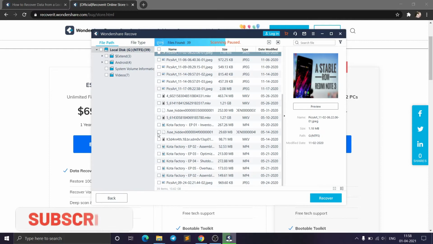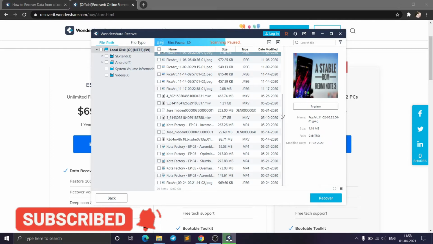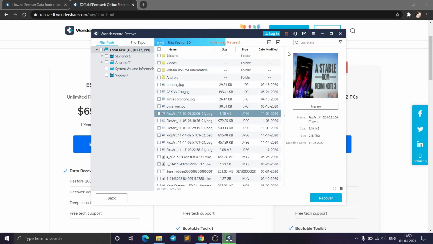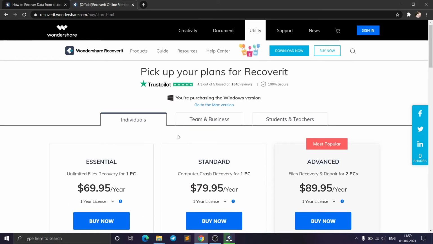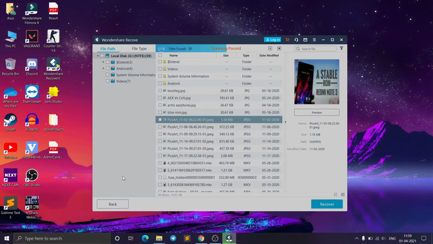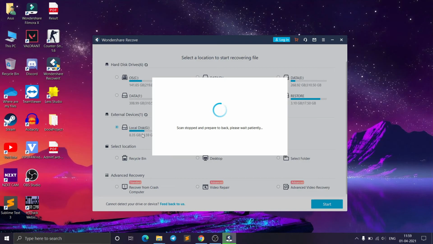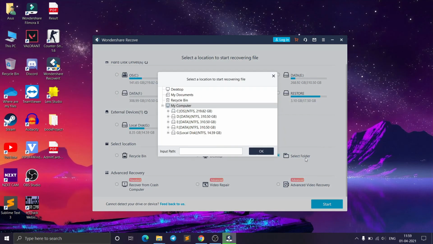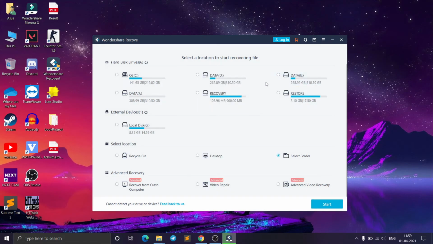So yeah, you can just recover these files very easily. As you can see, these are the other files which I had just deleted once, and still I can recover these files from here. So this is a great software if you have deleted some important data accidentally from your camera or from your pen drive or SD card. This software comes very useful in that type of situation. Going back, you can exit, and you can recover your data not just from the external device, but from the internal device also. As you can see, the hard disk drives, and you can do it for a particular folder also. Just select the folder from which you want to recover your data, and you can simply recover them.